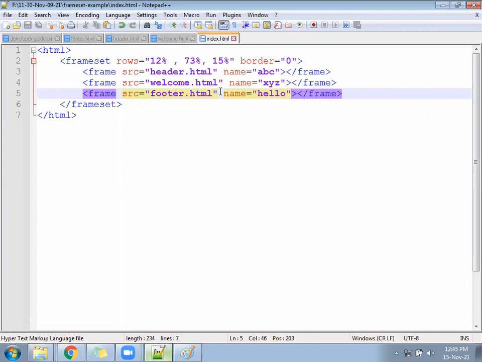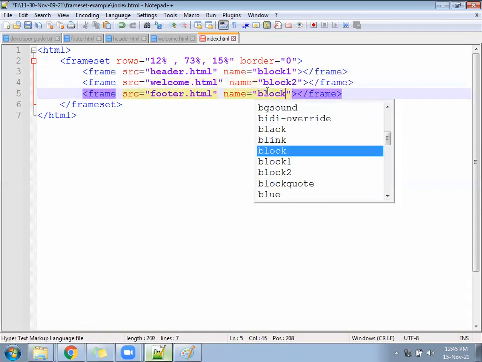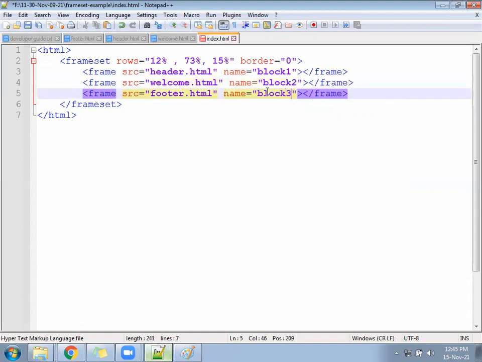Okay. So name equal to, we'll write here something. Block 1, block 2, block 3. This can be a little more meaningful name. Frame block 1, frame block 2, frame block 3.